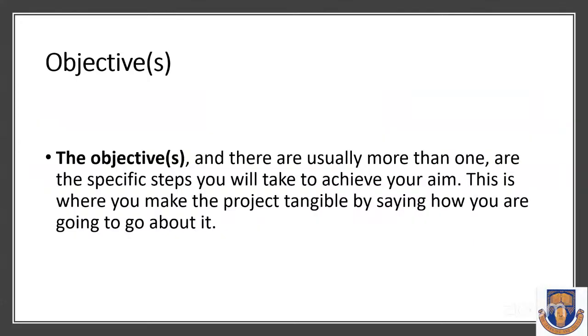So this is where you make your project tangible by saying how you want to go about doing what you want to do. Please note that this is where we're talking about SMART. If your objective is not SMART, it gives worrisome problems when looking at your methodology. A number of times when I'm reviewing a manuscript, once the objective is not clear, that's where I stop. I just give the person the opportunity to rewrite. Without an objective, there's nothing I'm going to go and look for in the methodology. If the objective is not clear, what am I going to go and look for? There's nothing to look for. So this is the core of the matter.